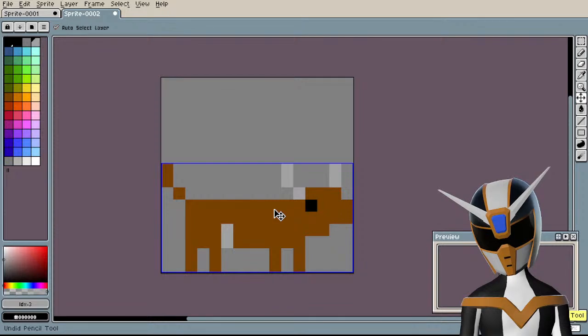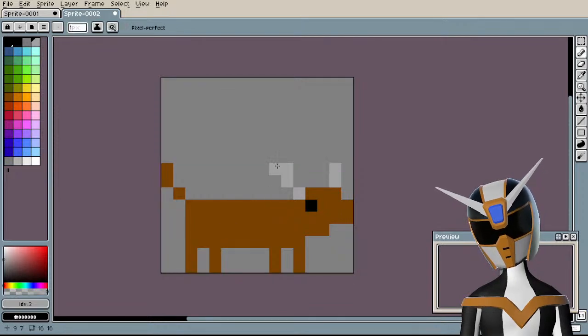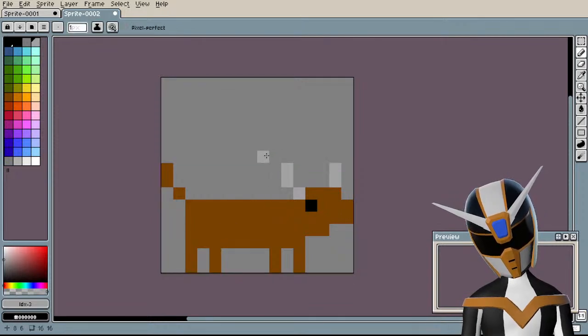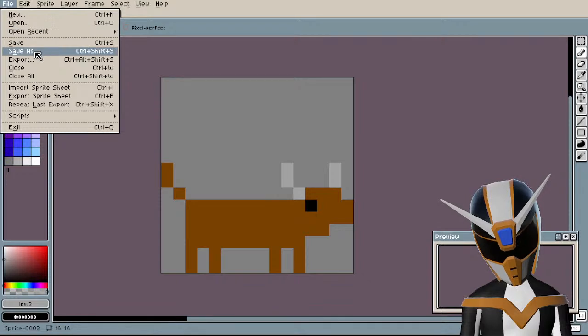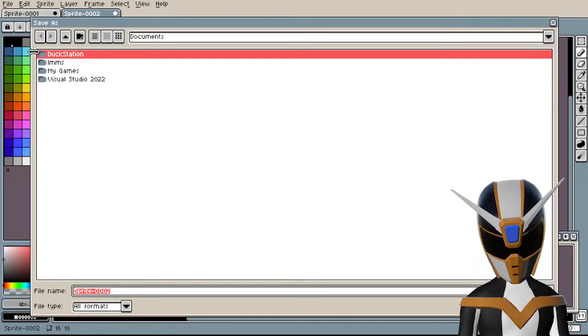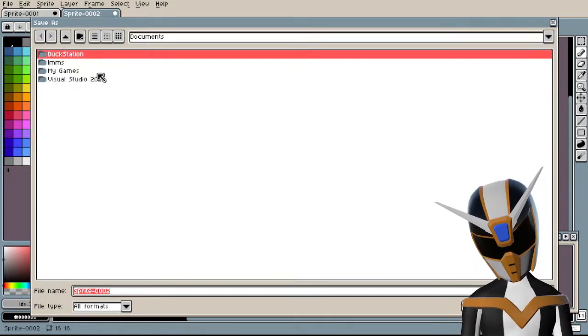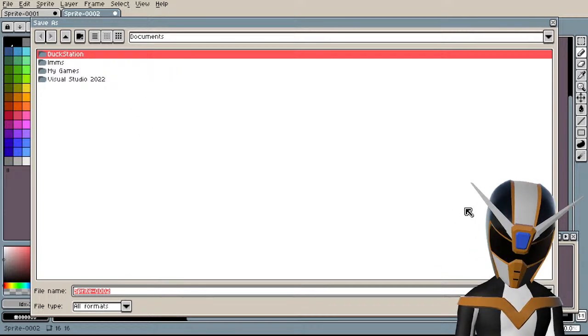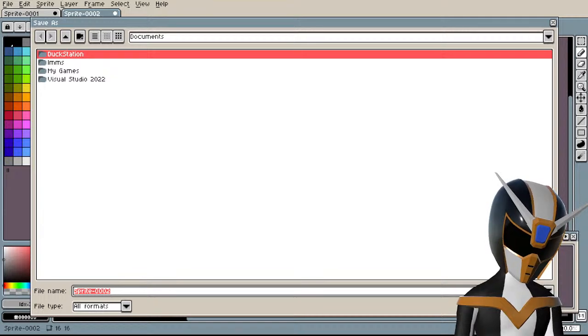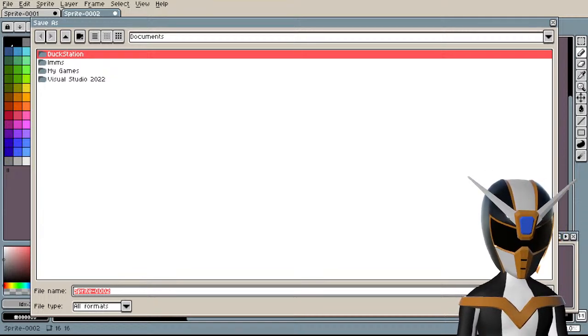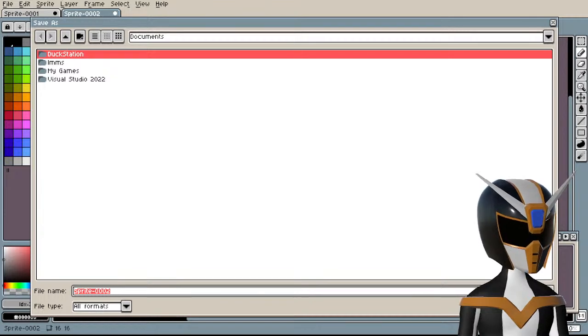No, that looks stupid. Okay, you know what? This doesn't need to be the final art of the bull. This needs to just be something slightly resembling a bull.